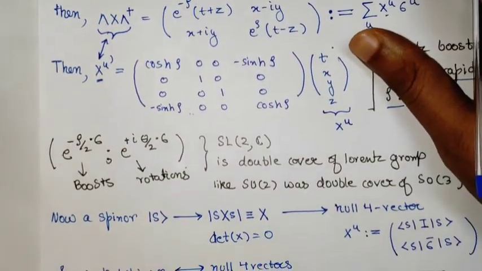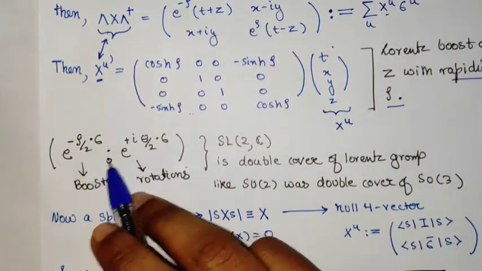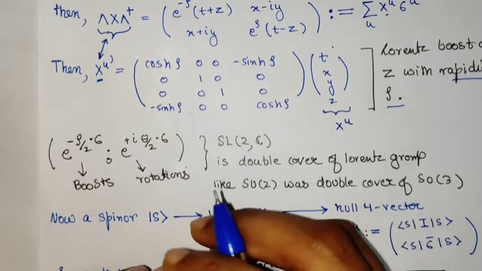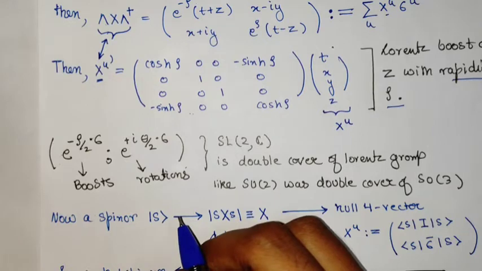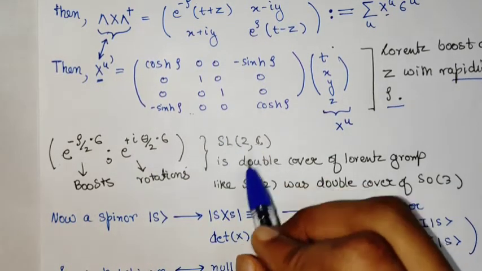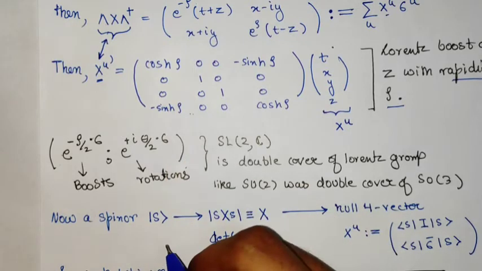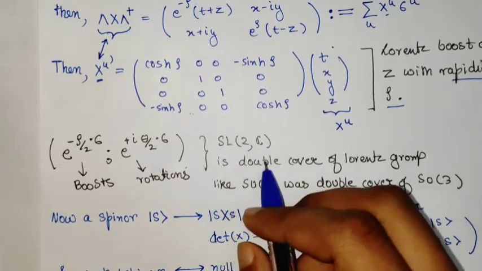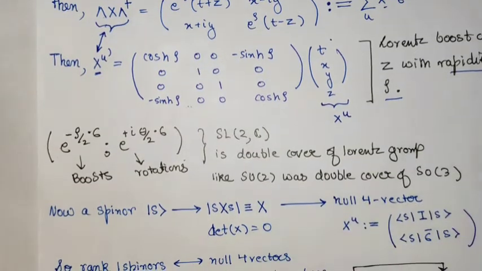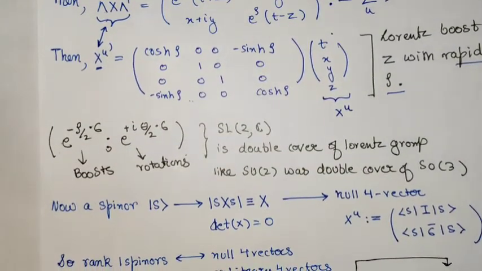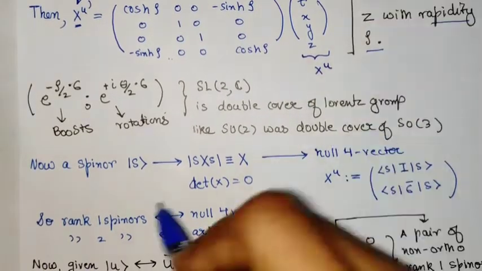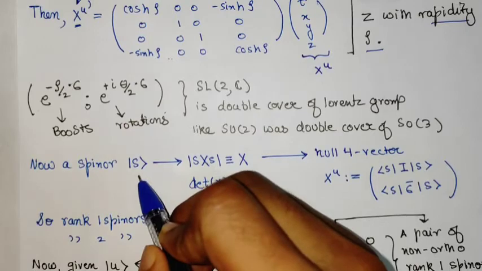So this gives us the boosts and rotations, which are both SL2C elements, as the 6 kinds of various Lorentz transformations. And this is again a 2-to-1 mapping, where 2 SL2C elements are connected to one element of the Lorentz group, and hence SL2C is again a double cover of the Lorentz group, like SU2 was a double cover of SO3. So up until now we have understood that a spinor,